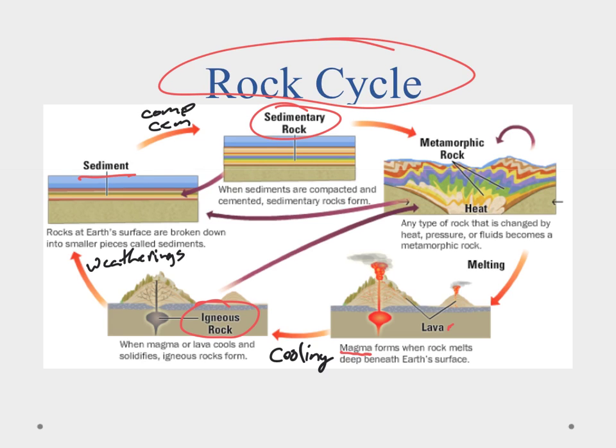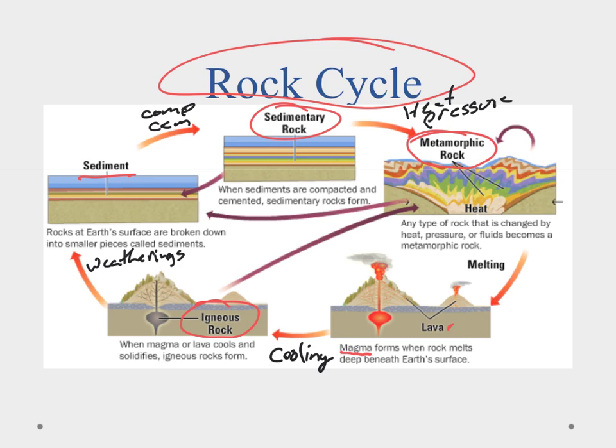So now we can have our magma and our melting process that forms the magma. It'll cool out, form this igneous rock, and then it goes through weathering and erosion, and then through compaction and cementation, and that's how we get our sedimentary rock. Now, if a rock gets buried below the surface, then we can expose it to an awful lot of heat and pressure. This heat and pressure can cause the rock to change. And when we get a changed rock, something that's totally new, then we end up with what we call metamorphic